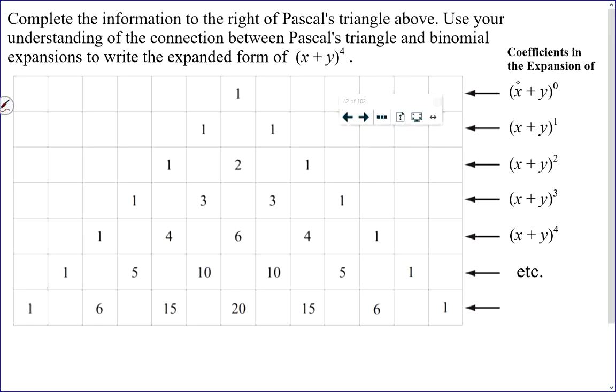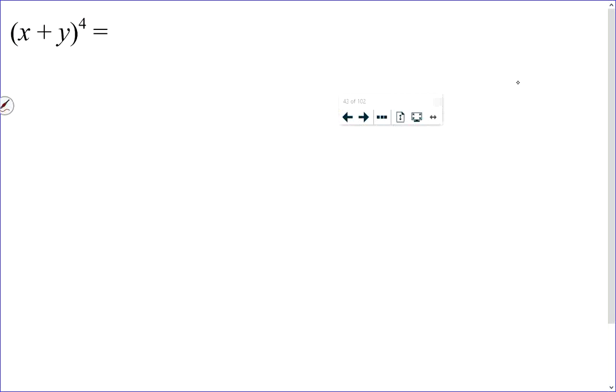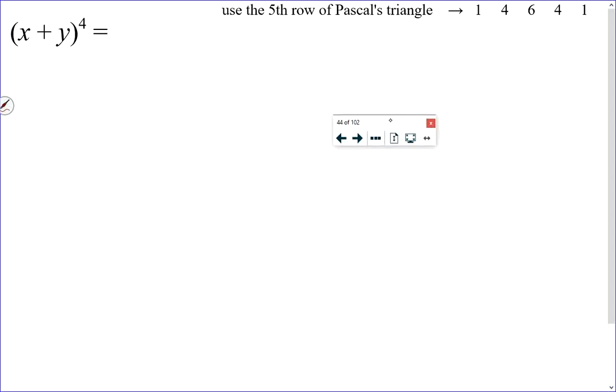Which is very interesting. So what we are asked to do is expand x plus y to the 4. Well, we look at the fifth row of Pascal's triangle. And I'm going to go through fairly slowly with this first one. It's really not difficult, but we're doing a lot today and I don't want to get off on the wrong